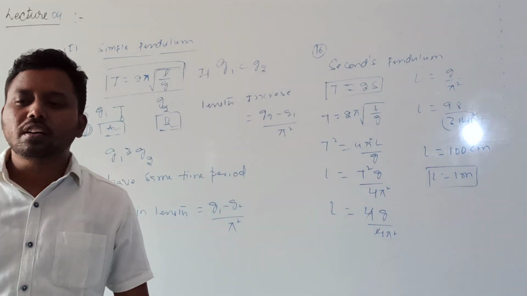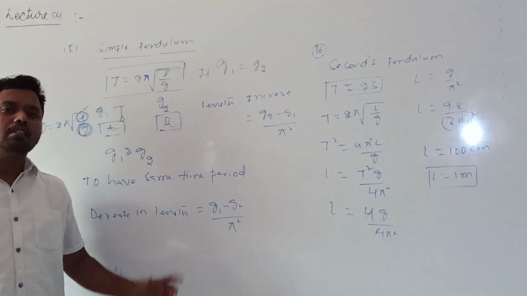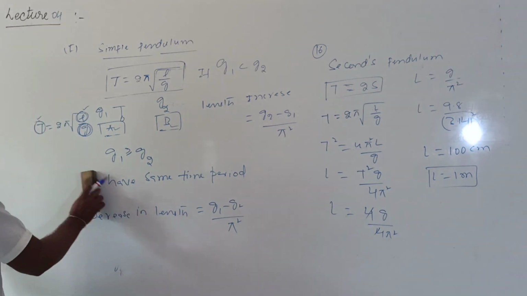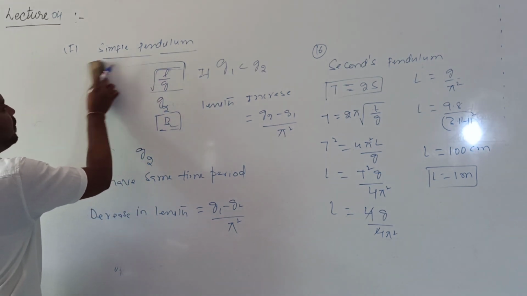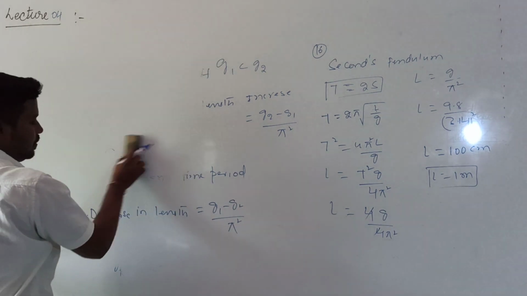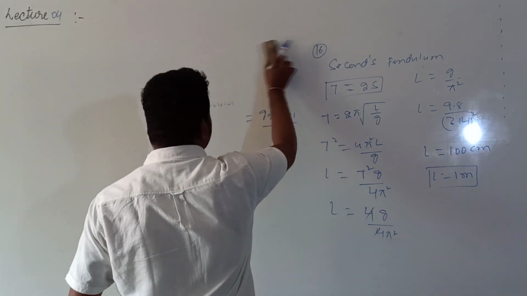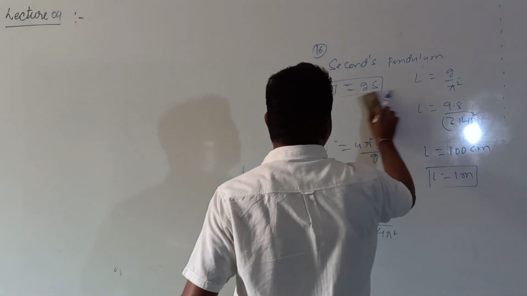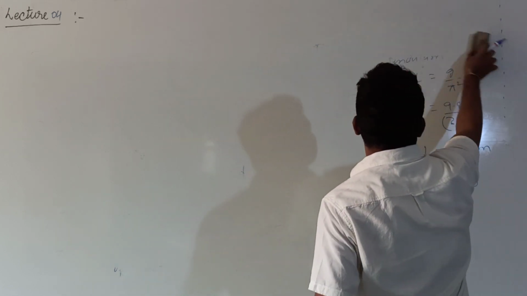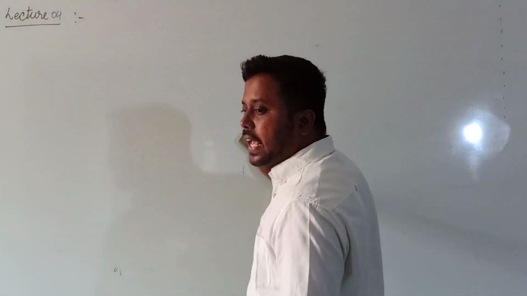So this is for which one now? Second pendulum. And this is regarding the concept of simple pendulum. Completed? Okay, so the first example for the system executing simple harmonic motion. After completion of this example, the next one is the second very most important example for the system executing simple harmonic motion. That is given by the spring mass system.